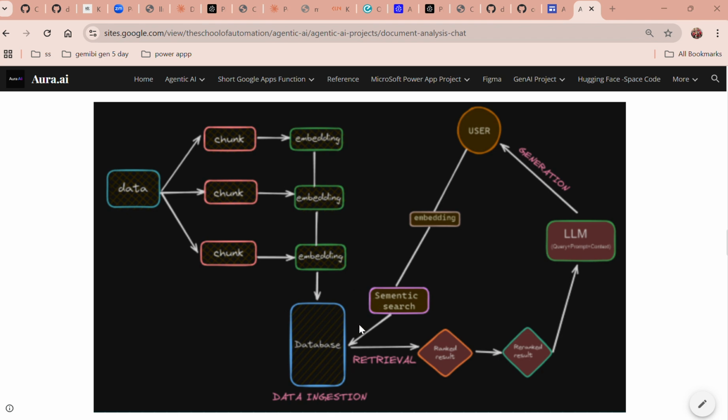Before we use this to retrieve the data, we need to chunk the data. For example, we pass the PDF, and we chunk the data into smaller parts. After that, we do embedding, which means it converts the data into vector embeddings, the 0 and 1 format, and then it is pushed into the vector database. After ingestion, we have the